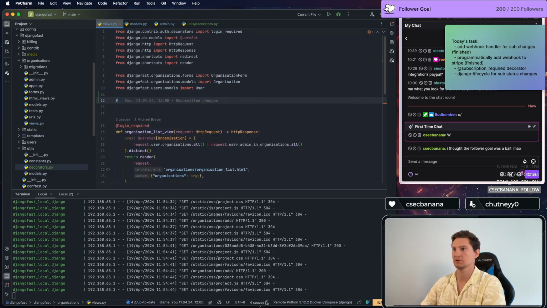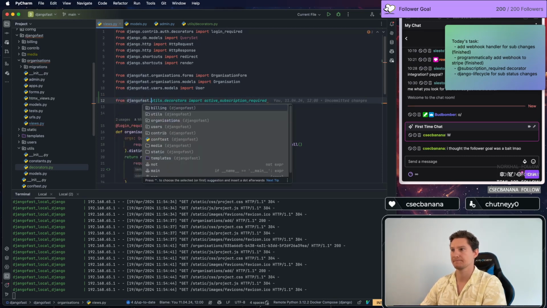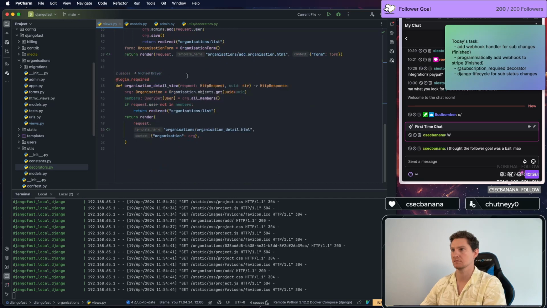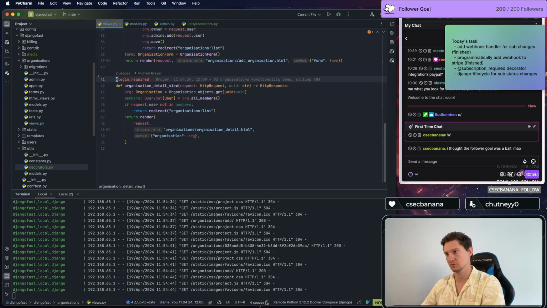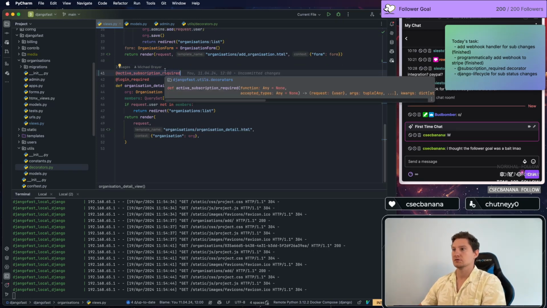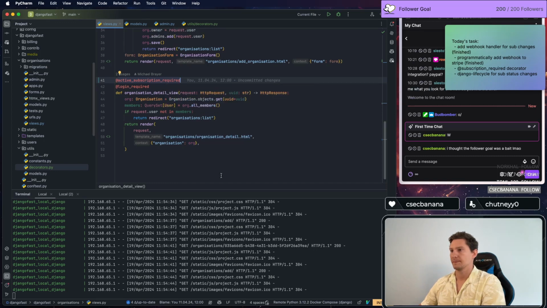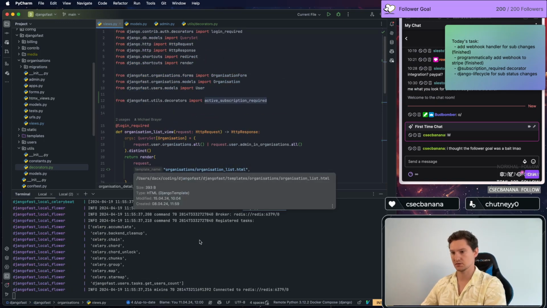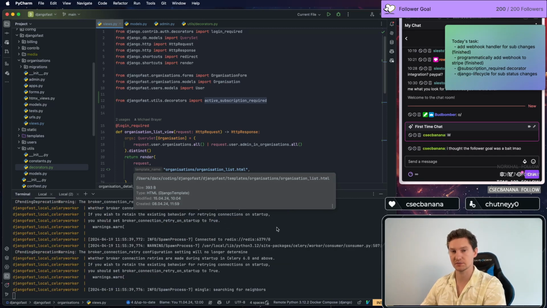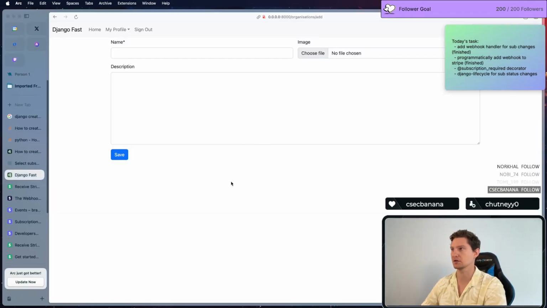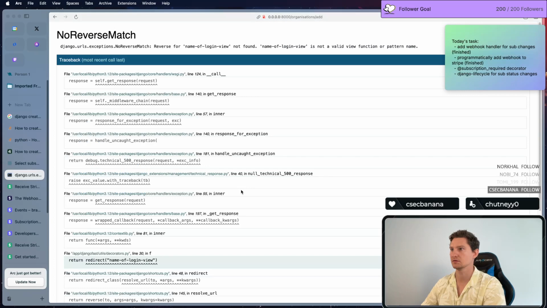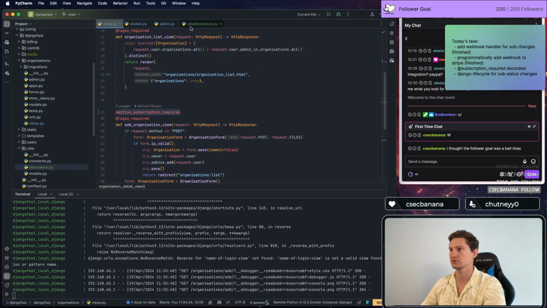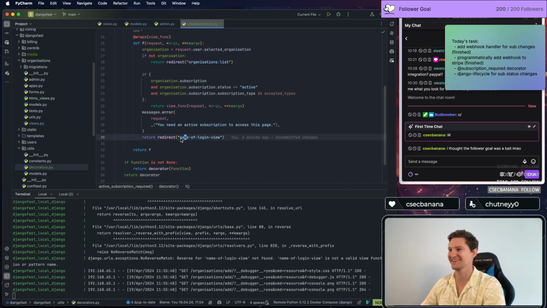Okay, yeah, I want this. Oh boy. Okay, so now it is imported. Is there an issue? Let's see if there are. I have to admit it's been a long time since I added a decorator last time. So now I shouldn't be able to, if I refresh, I shouldn't be able to access this anymore. Did I forget to update something? Oh yeah. Where should we redirect if the